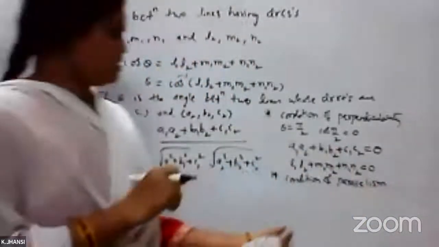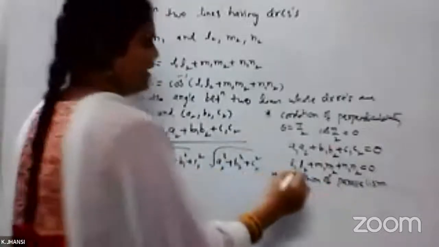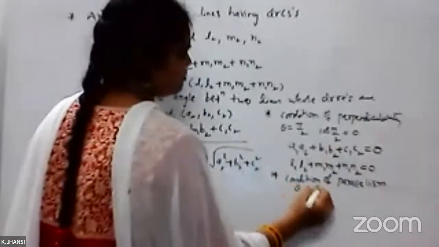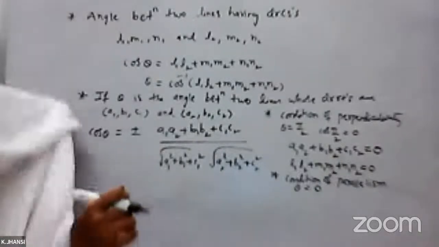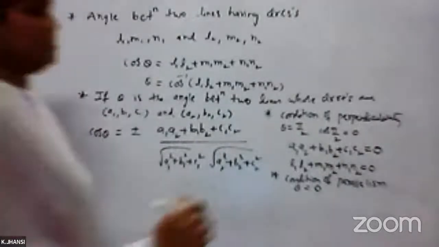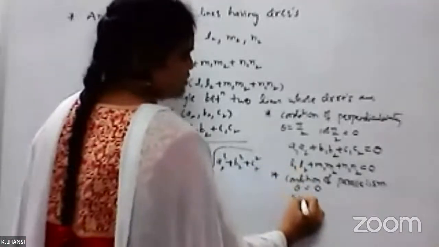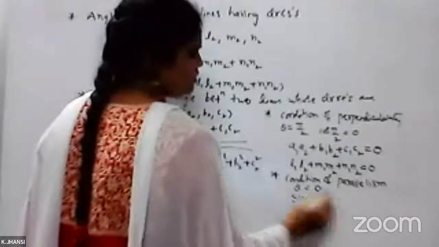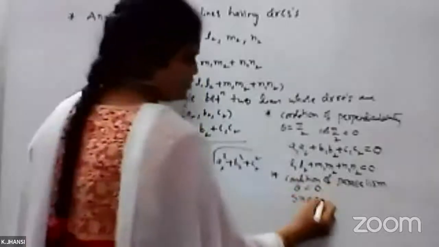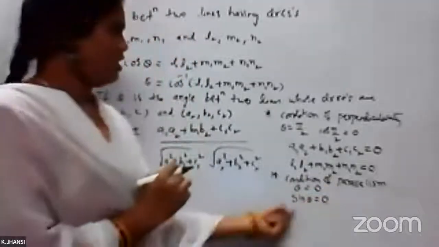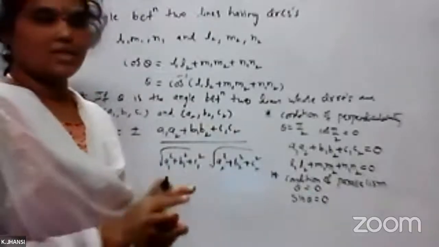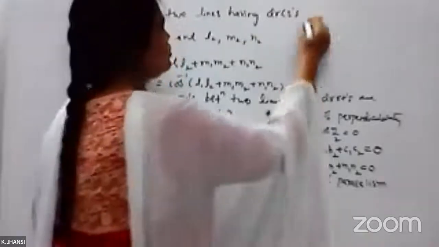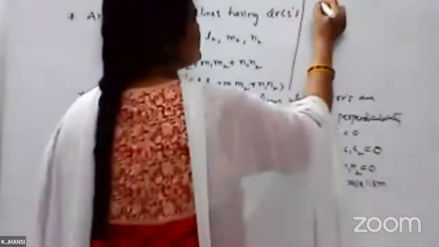Okay. So as you can see, the condition of parallelism means theta value is 0. Whenever theta value is 0, for sine theta, sine 0 is 0, no? So this value is 0. When you put that sine value in your formula given for sine theta, you will get the relation, so I am writing here, that is A1 by